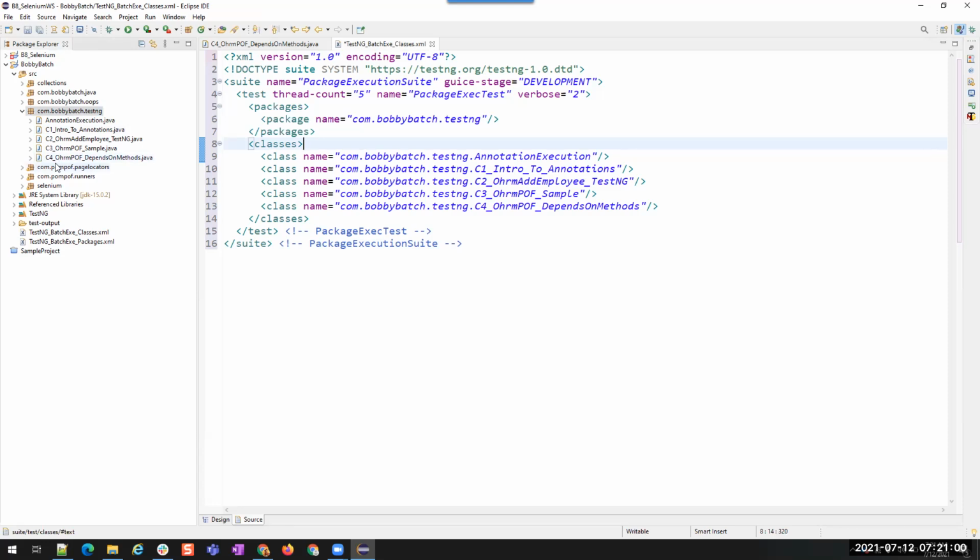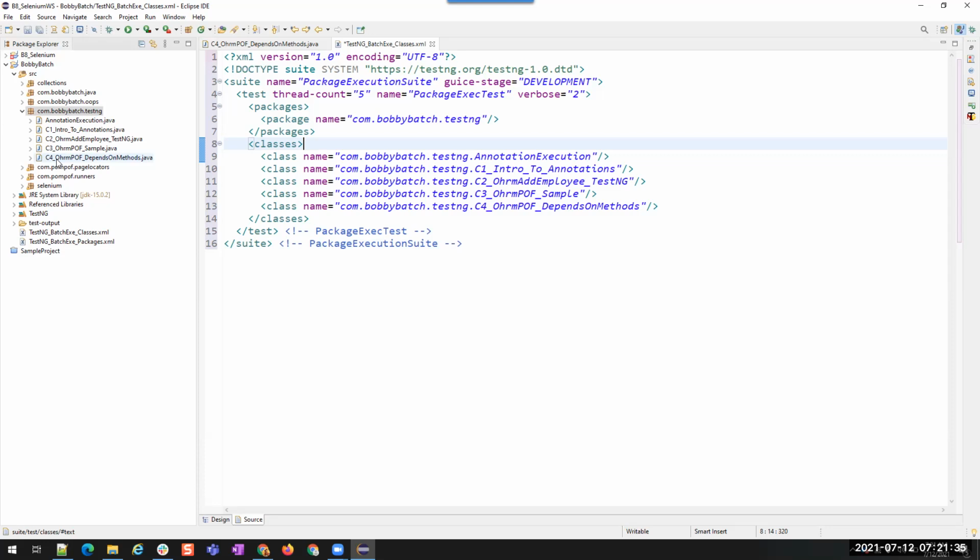I want to execute only the classes where my exact test cases for this sprint or for this production release are present. So we have tags like regression or smoke, or those kinds of tests, which are in all the packages. We don't care about which package it is. 1, 2, 3, 4, 5, 6, 7. We have 7 packages. We don't care about the packages, but I want to execute the classes inside these packages.